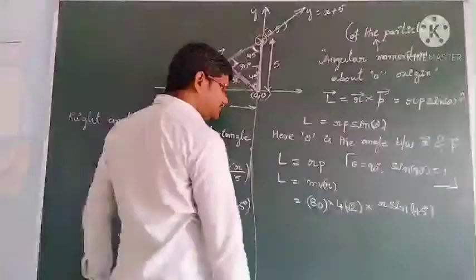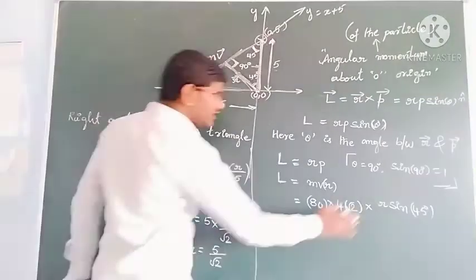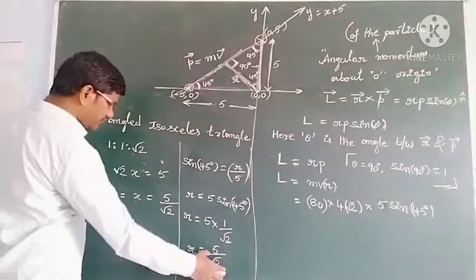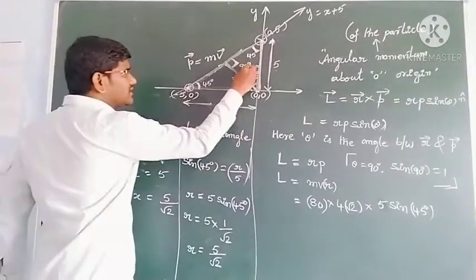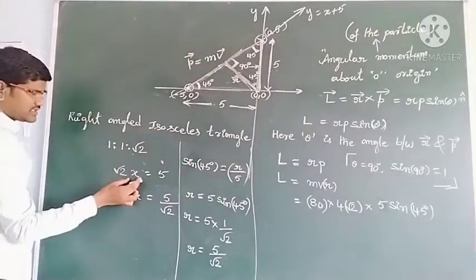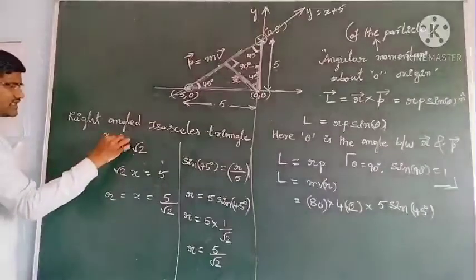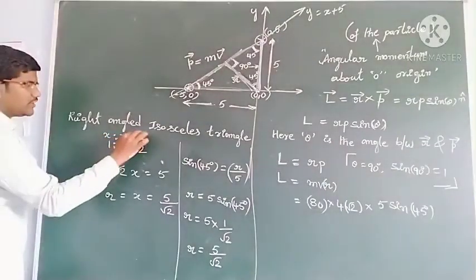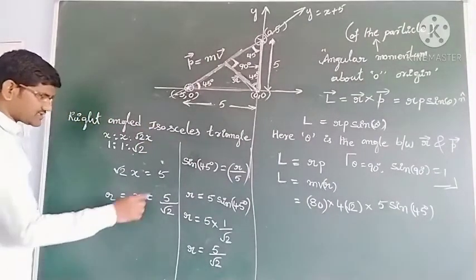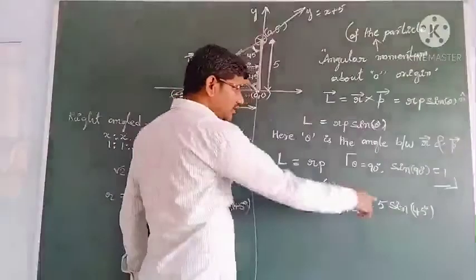Okay students, otherwise this is called the r value, so r is equal to 5 sin 45 degrees, that is 5 by root 2. Otherwise, the side opposite to 90 degrees is 5 and that length will be root 2 into x. If one side length is x, another side length is x, then the third side length will be root 2 into x in the right angled isosceles triangle. So you are getting x is equal to 5 by root 2, or r is equal to 5 sin 45.